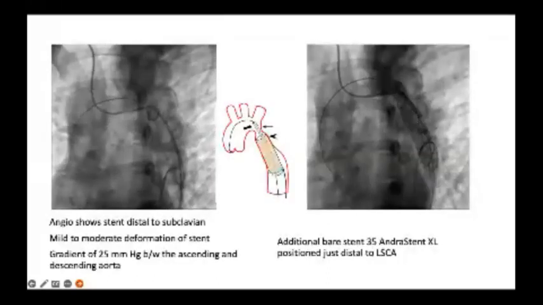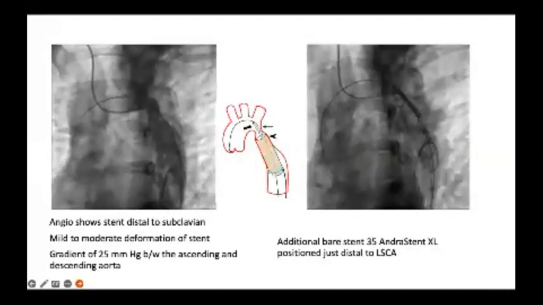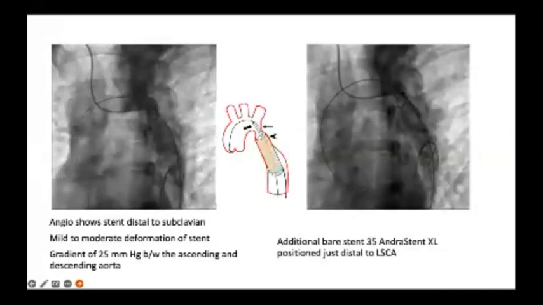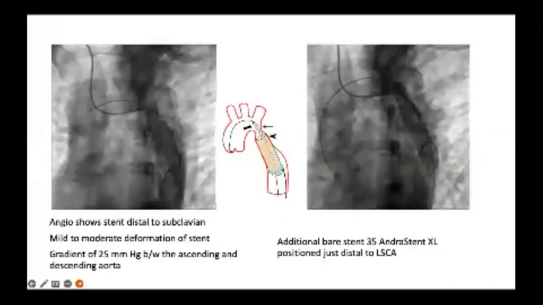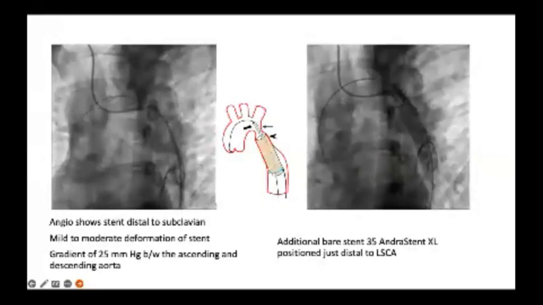And the lower part of the stent was dilated with the 12 mm Mustang balloon, and the angiogram showed stent distal to the subclavian, and there was no major intimal irregularities at the ischemic part, and the ischemic part narrowing was measuring around 14 mm, and the gradient was 20 mm between the ascending and descending aorta,